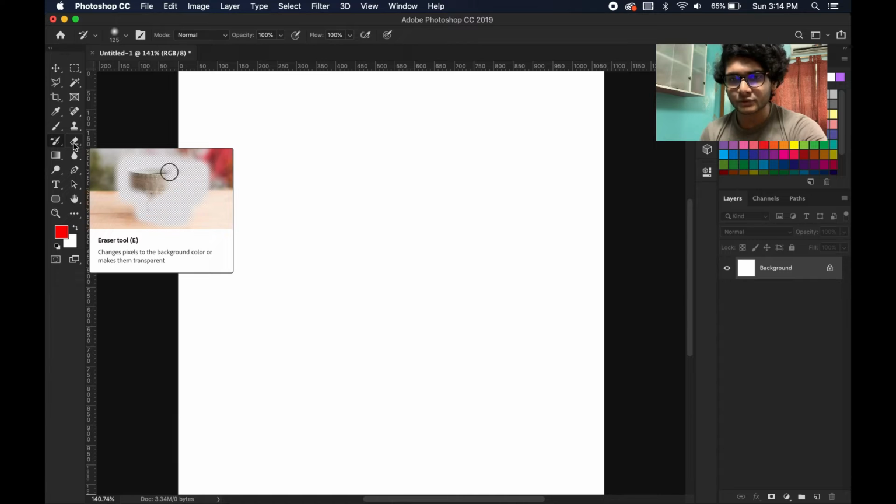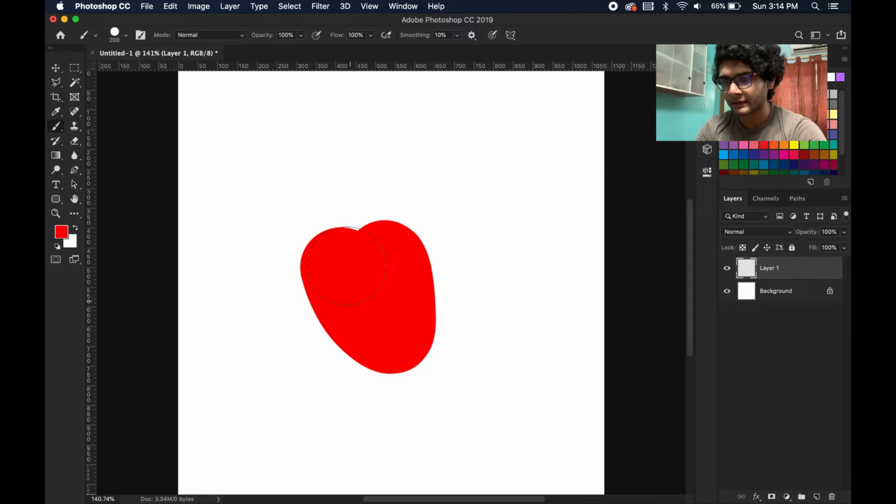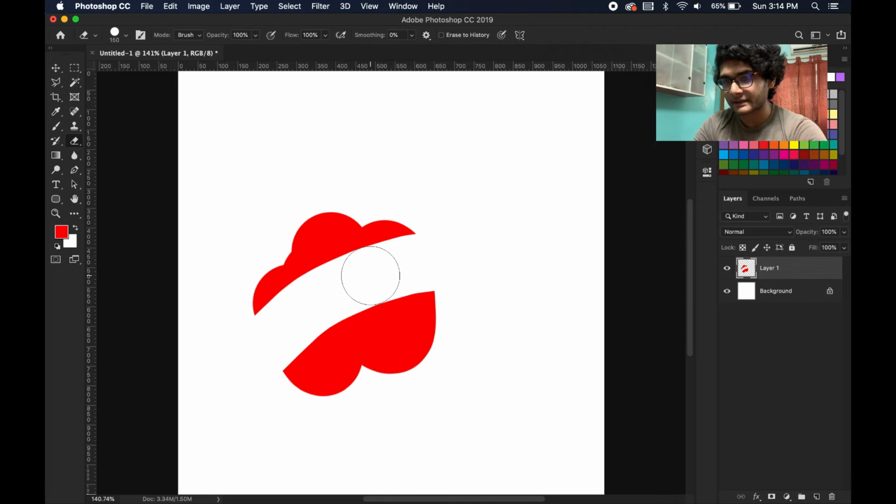This is the eraser tool, and the eraser tool, as the name suggests, if you draw anything, like this is some element, the eraser tool erases part of it. Also, you may have noticed that I am using the box brackets on my keyboard to reduce or increase the size of the brushes.